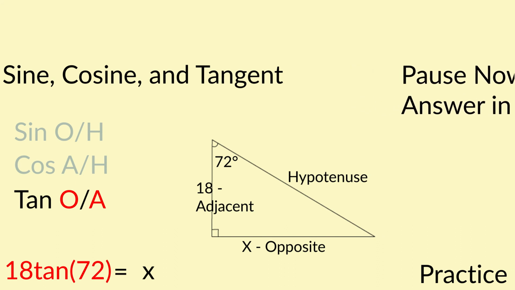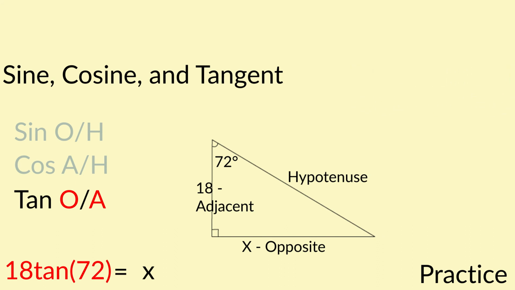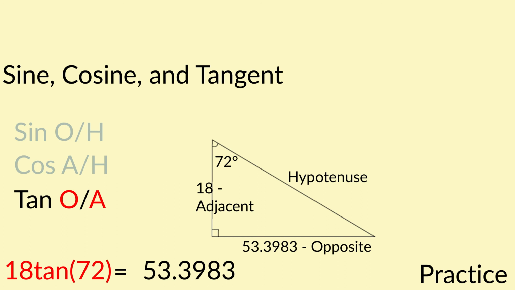Okay, so you should have gotten around 53.3983, and that's it. SOH CAH TOA is